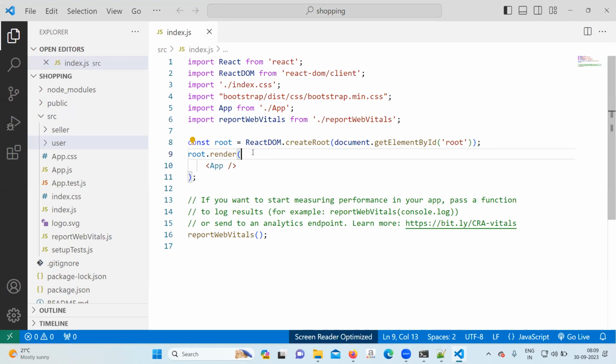Okay, so in the src folder, how many folders? Two folders: seller as well as user. When the public comes and opens your website, they will see all the features from the user folder. And after that, one seller will come and log in. He will see all the features from the seller folder.